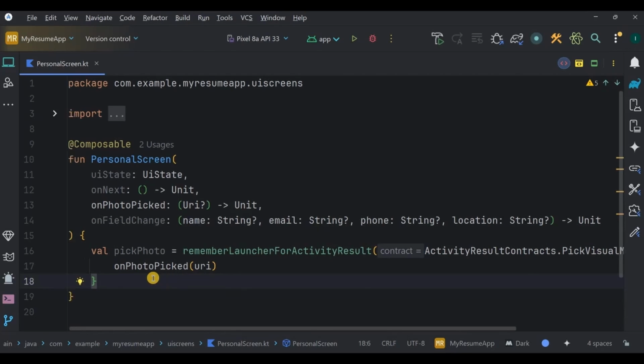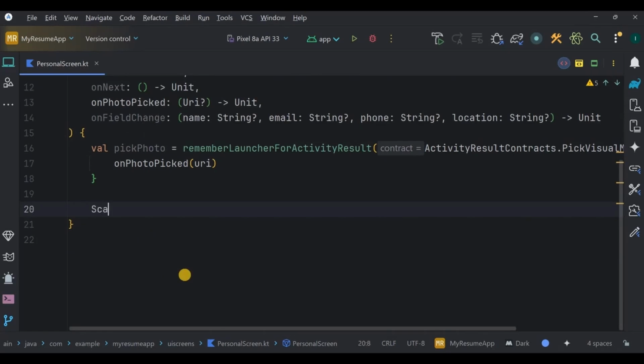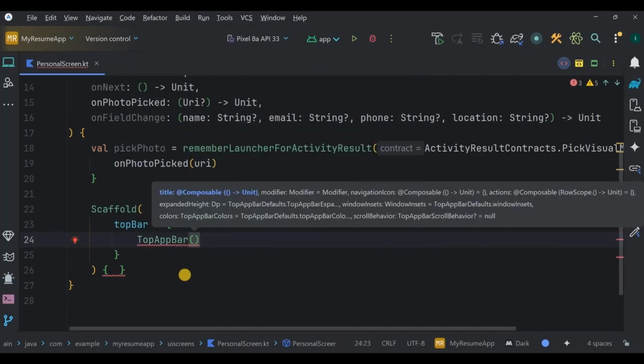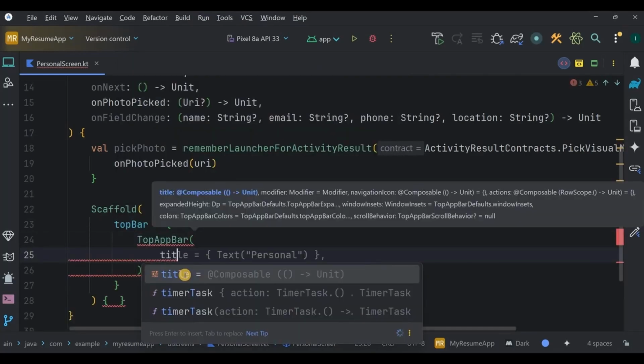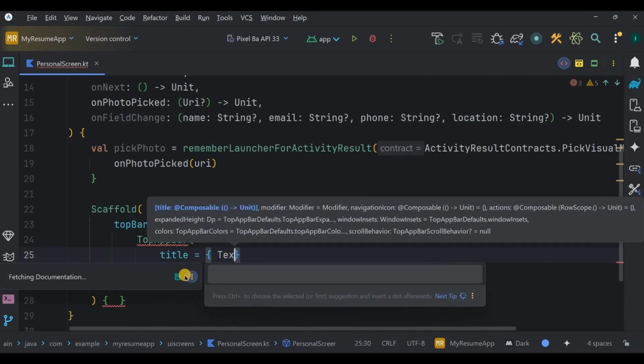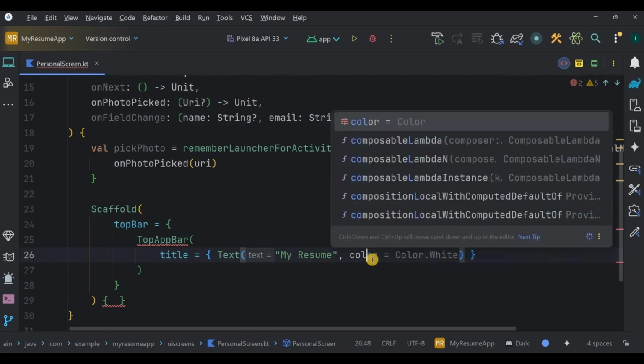Now comes the designing part. In the personal screen, we have a top app bar, a title text that says personal details, then an image choosing button, 4 outline text fields for name, email, phone, and location, and lastly a next button. So let's create it. First, create a scaffold in which create a top app bar whose title text is My